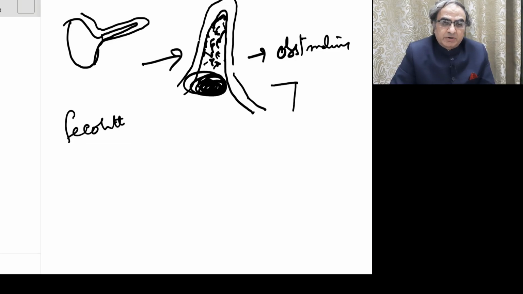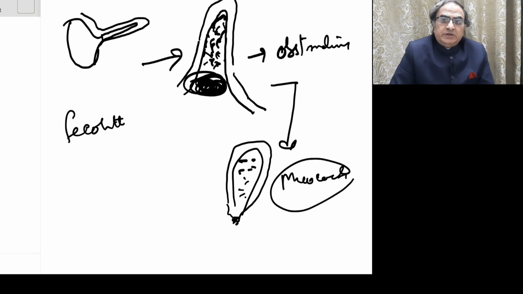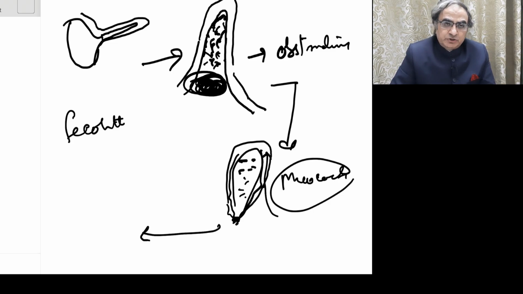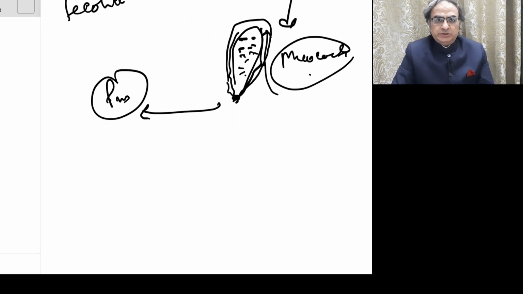And if we don't operate or we don't get rid of this obstruction, this would balloon out in the form of this being blocked, full of mucus. So we call it a mucocele. We still don't do anything. The vessels are going in the wall only, and the appendicular artery is an end artery. All these factors together lead to infection here, which leads to formation of pus inside. And this mucocele changes into pus, and finally it may perforate